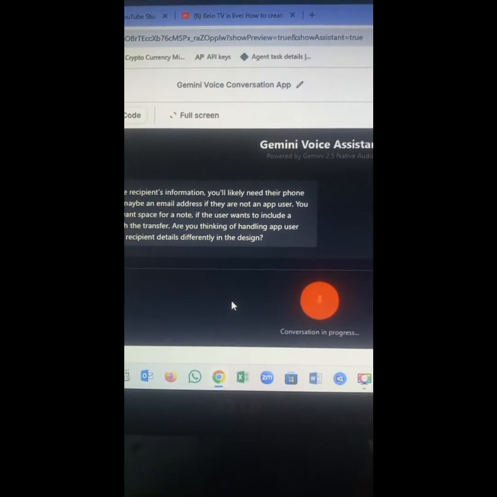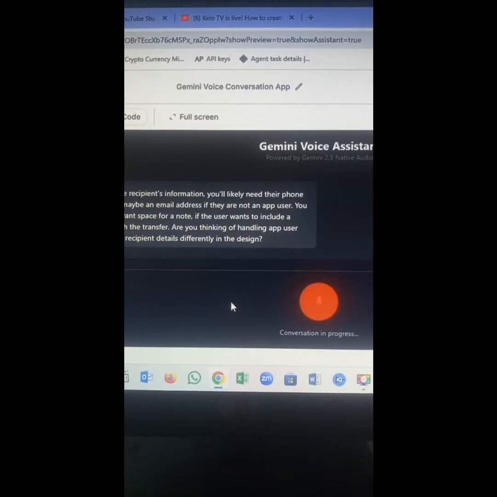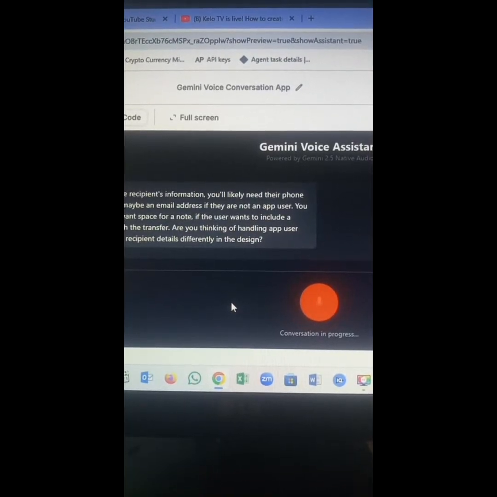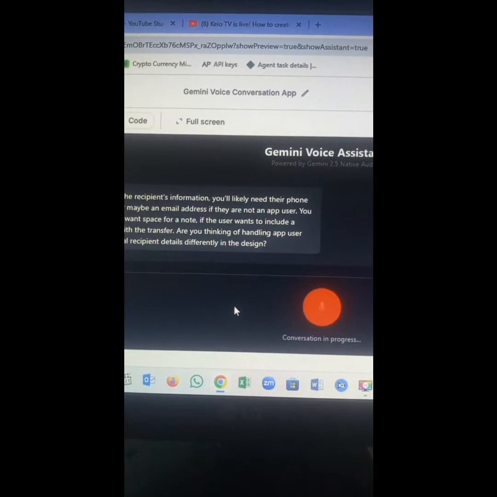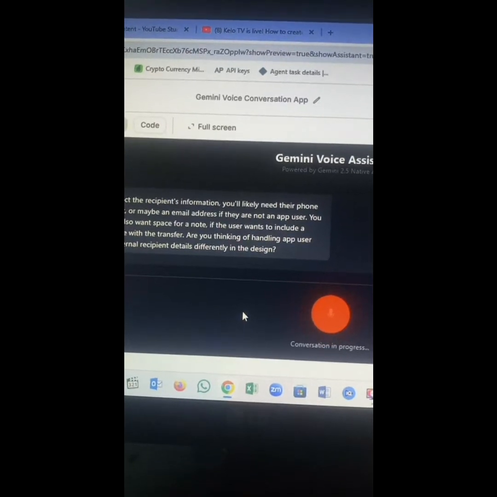That's right. Accounting for both scenarios is important for a flexible app. You might design two different fields for the recipient's information, one for phone number and one for external email, and have the user choose which to use. Would you like to explore how to visually represent that choice to the user? Yes, yes, of course. There are a few ways to design that choice. You could have two options, like buttons or tabs, that the user can tap on to switch between